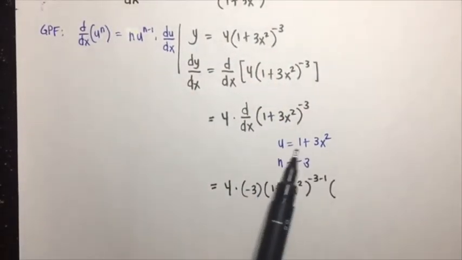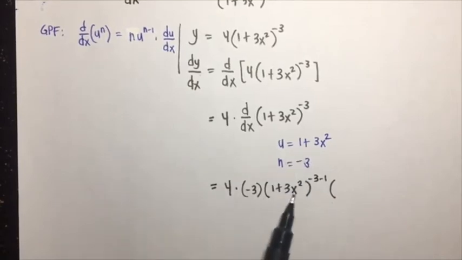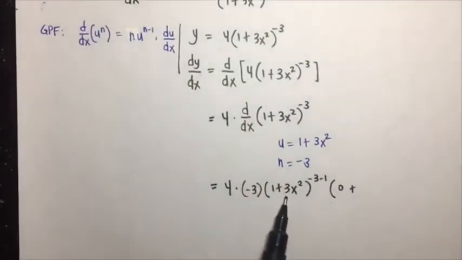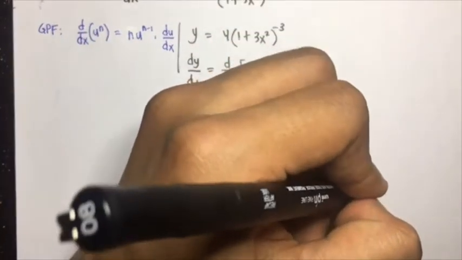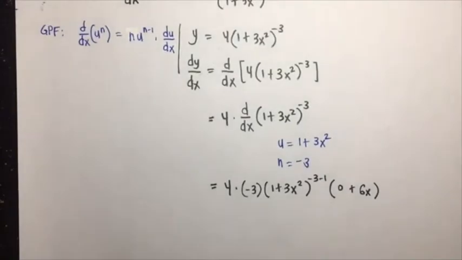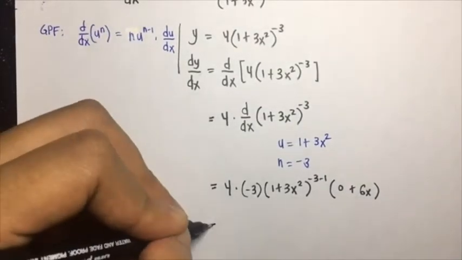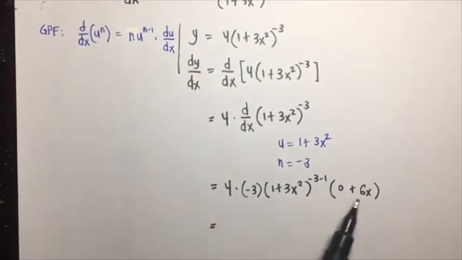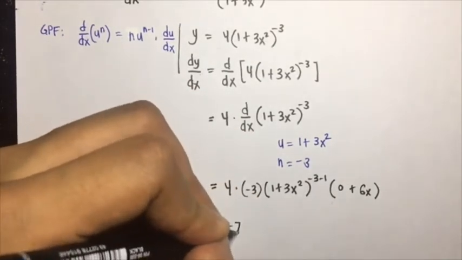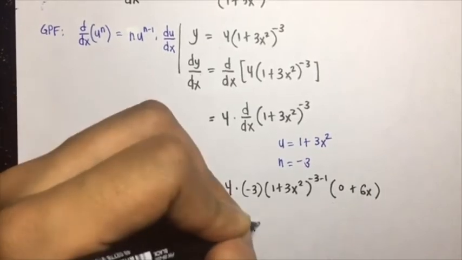The derivative of 1 plus 3x squared is 0 plus 3 times 2x, that is 6x. So multiplying, 4 times negative 3 times 6, that is negative 72, I think. So negative 72x times 1